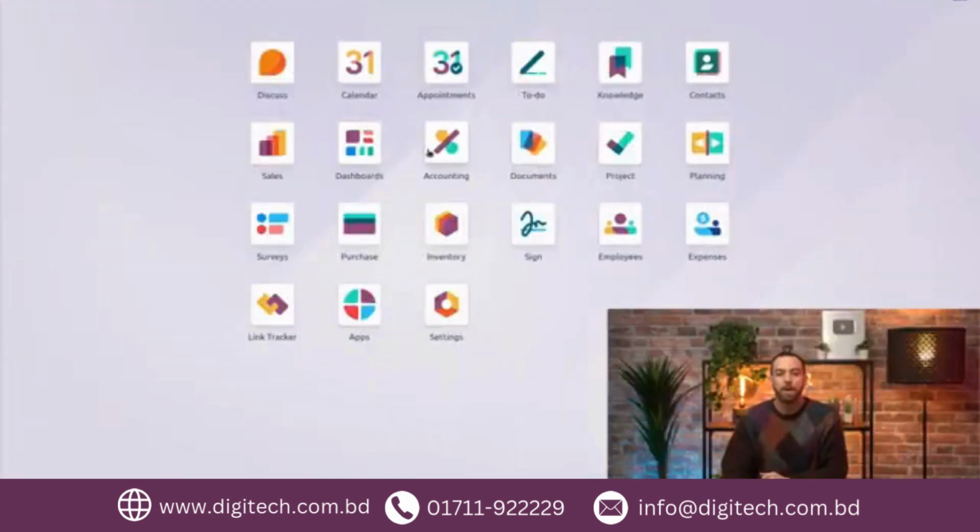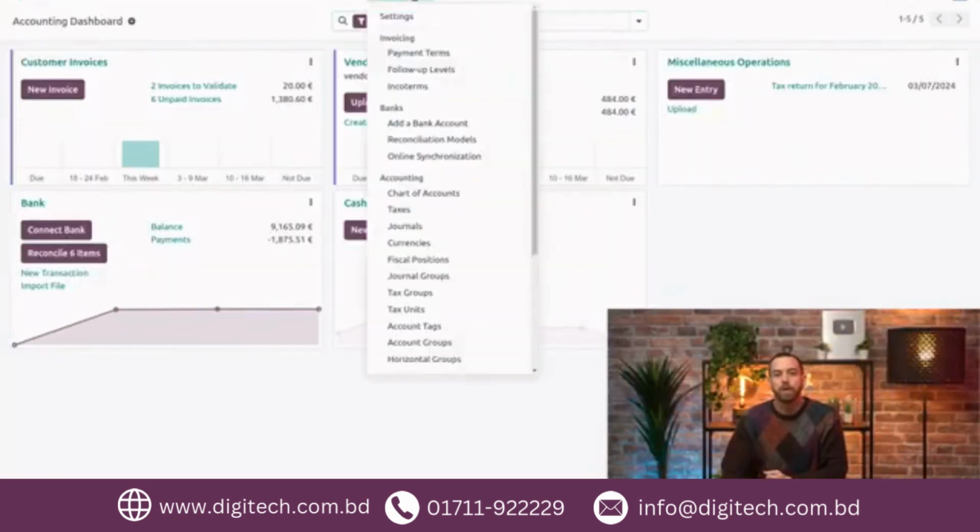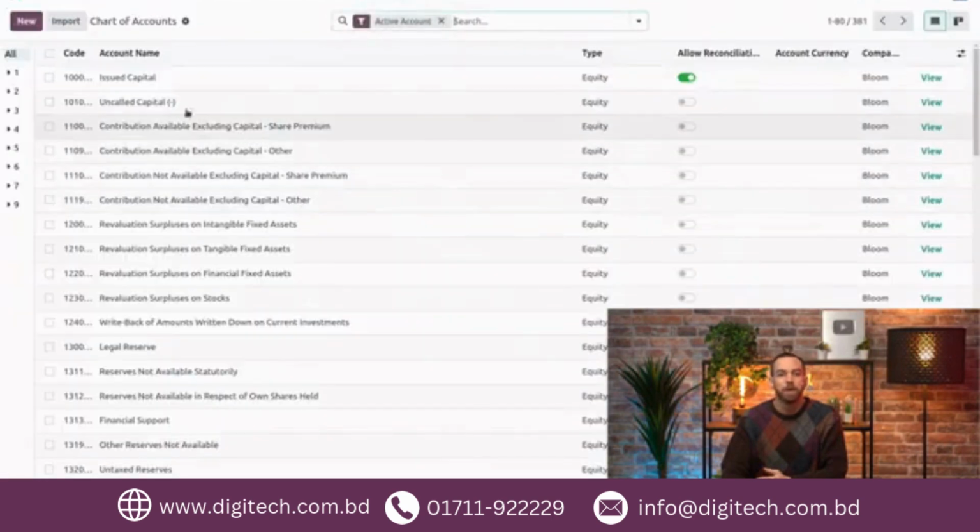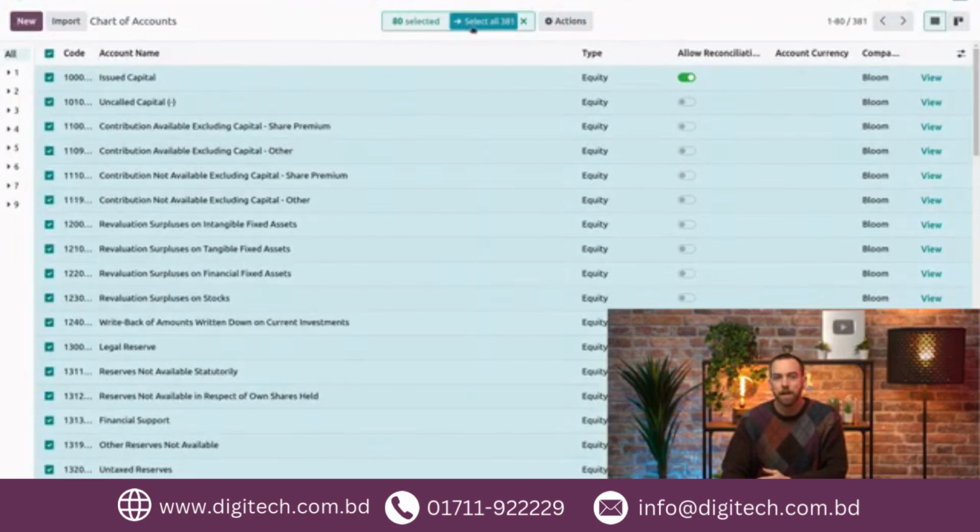First, we'll open up our accounting app and go into the configuration and chart of accounts. We can select all of our accounts using this top checkbox, and we want to make sure we select all of them from every page. Now we can use actions, export,